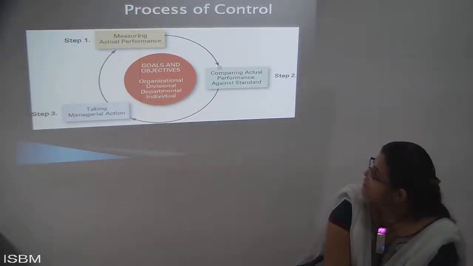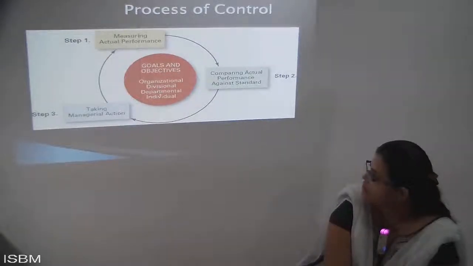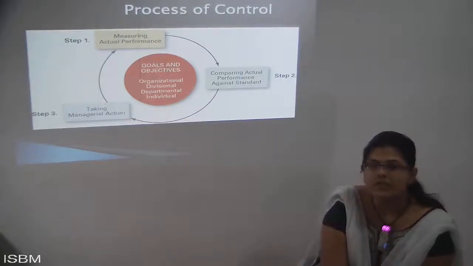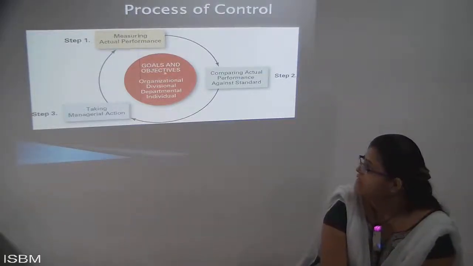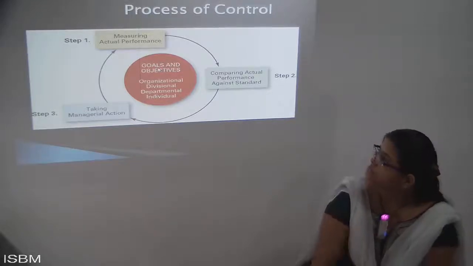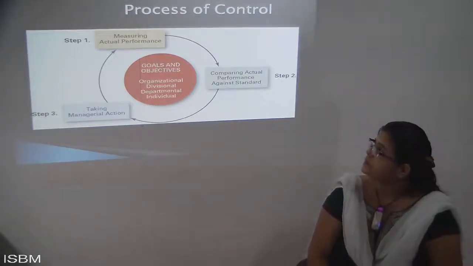Like all this process. Now, as people can see here with the help of an arrow, it is also shown with an arrow. And ultimately again you are measuring the actual performance. As this process moves on, ultimately it is your goals and objectives, meaning your organization, divisional, department and individual. So that ultimately the organization, your divisions, your departments and individuals are all goal and objective oriented. You will control with the help of the goals, and you will complete with the help of an objective. So these are the different scopes, these are the process of